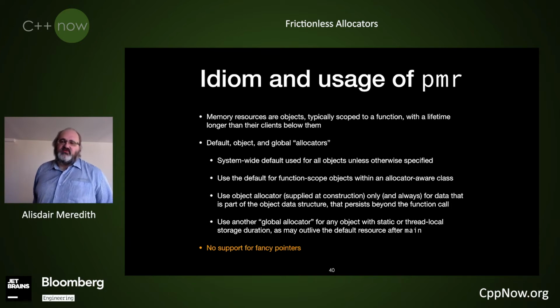The key thing to note about PMR is it has no support for the fancy pointer idioms. This is because the allocate function, in order to be type generic, always returns a void star. You can't provide an override for a custom allocator that returns something that's not a traditional pointer, because that's then not going to match the override signature. So you can construct a similar facility for your specific fancy pointers, but you would be duplicating the work of PMR focused on your type. This is not something that falls out of the existing facility. So that's our limitation.